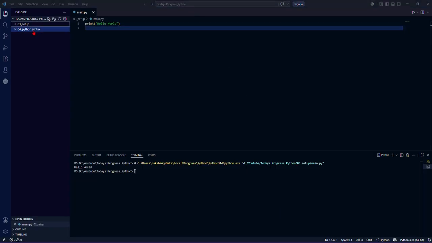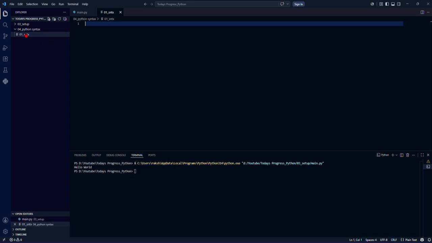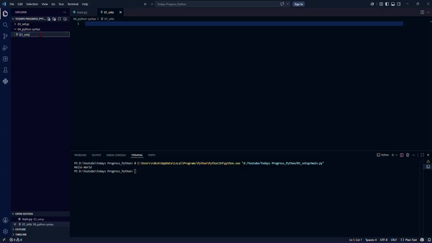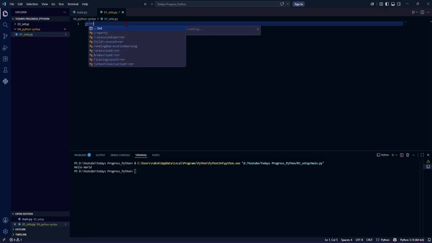Okay, let's create a file. We'll name it 01 syntax. You can see there is a different icon here. Why? Because I didn't name it with .py. So I have to just type py, then it will convert to a Python file. Yes. We'll just print